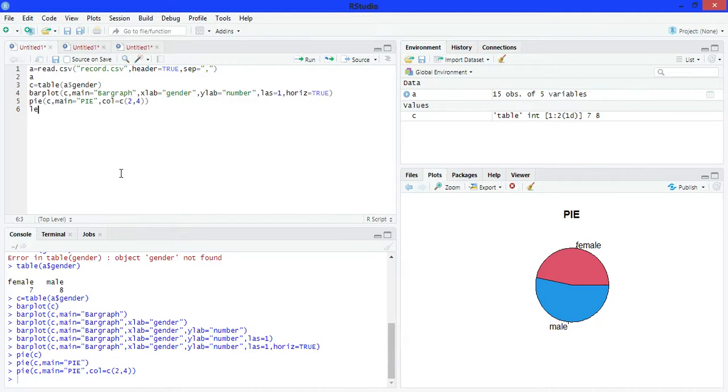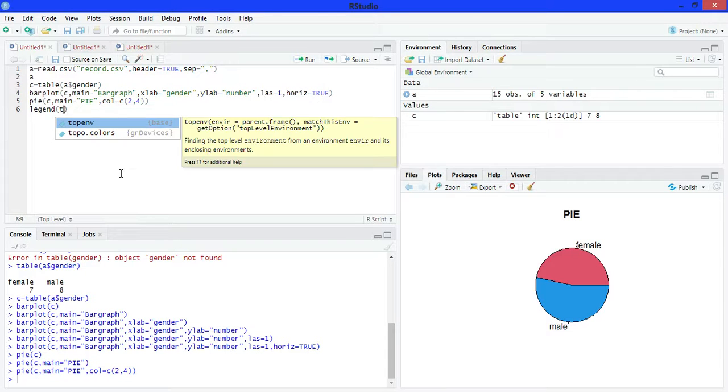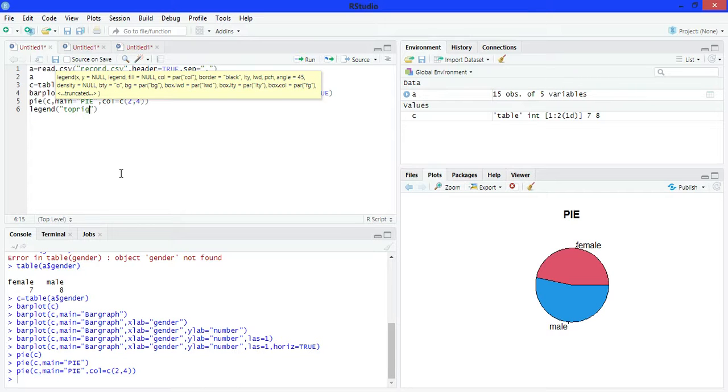Now use the legend function. Write here topright, the position name where you want to place this legend, then write the names inside the legend, now write here size, then write color, fill is equals to c and pass here 2, 4.